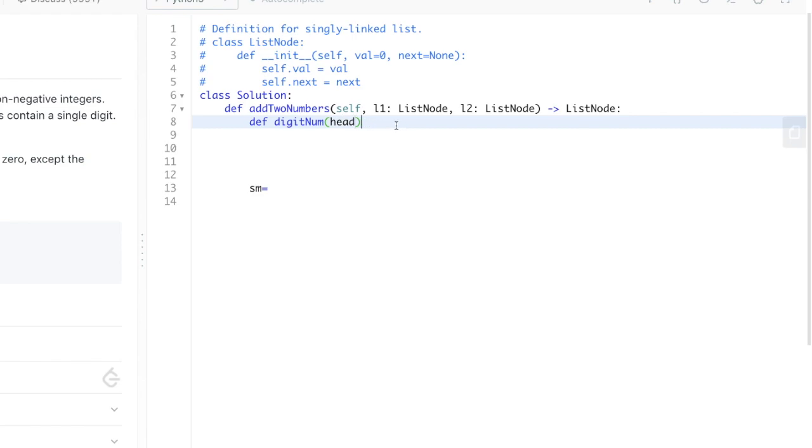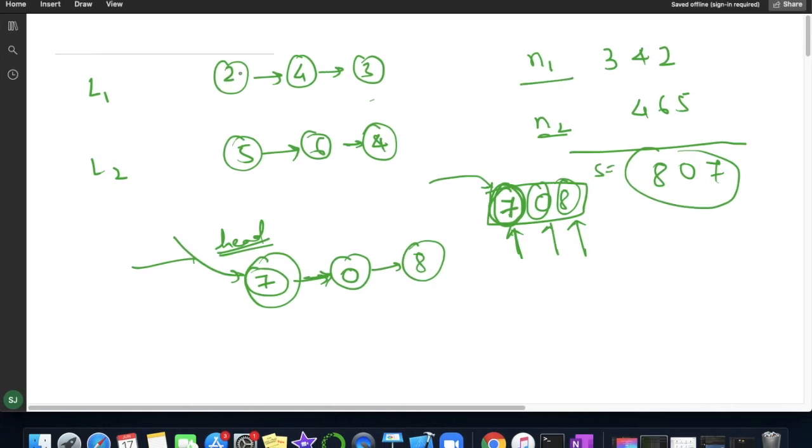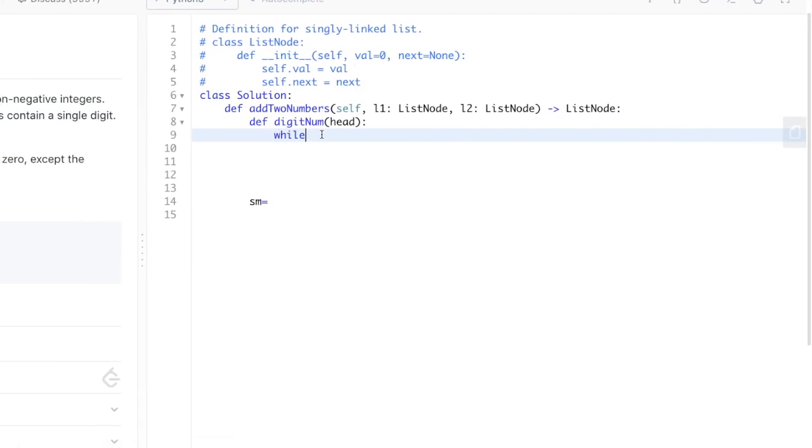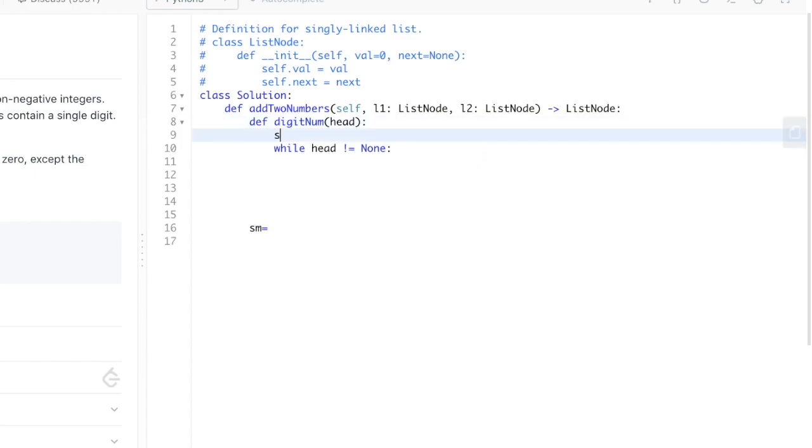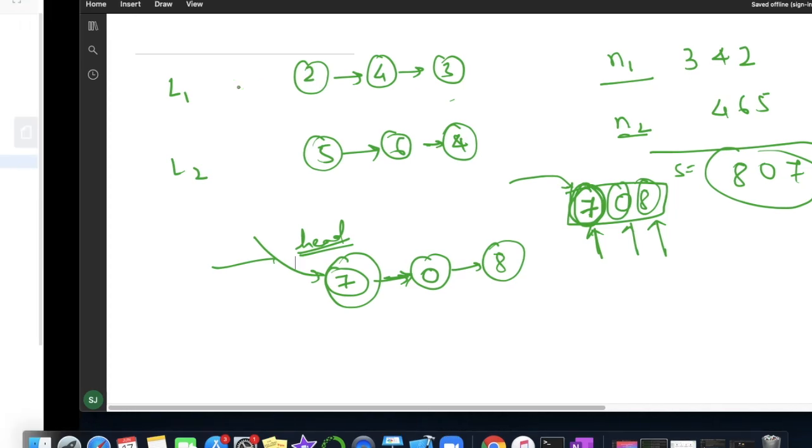Now we will iterate from first to last till we get the null value. So while head is not equal to None, we will add to a string variable, an empty string in which we will store the digits.